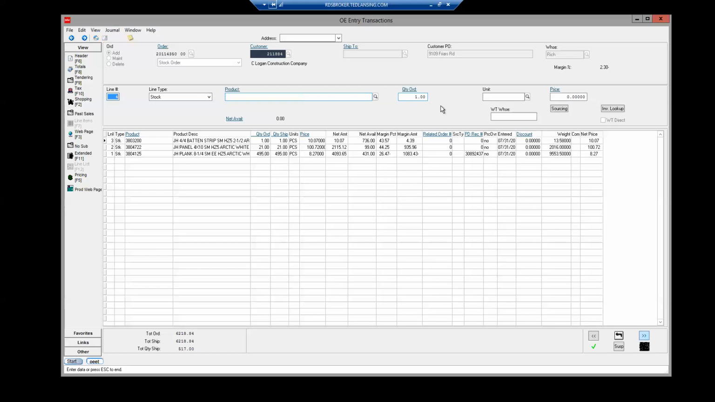Darn it, I hit enter. I need to get back in there and change the quantity ordered. And this is on line 3. I go to line 3, I double click, opens those fields up. I can go right back into my quantity ordered field and I can adjust that to the correct quantity ordered